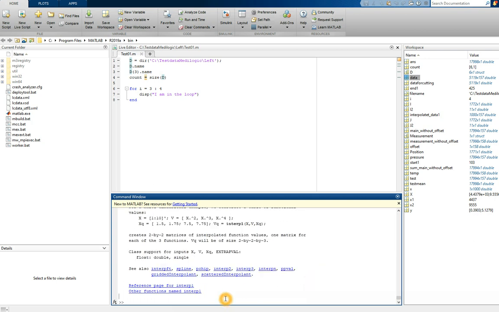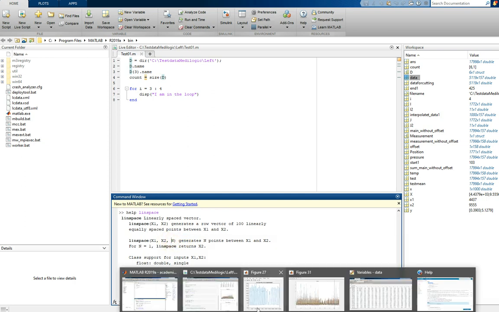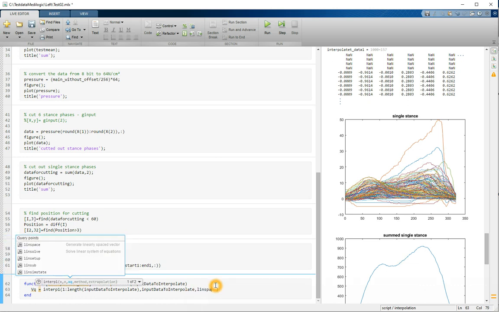So the command linspace for linearly spaced vector. So we can say from x1 to x2, and we generate n data points. Perfect. So we include in here the linspace command